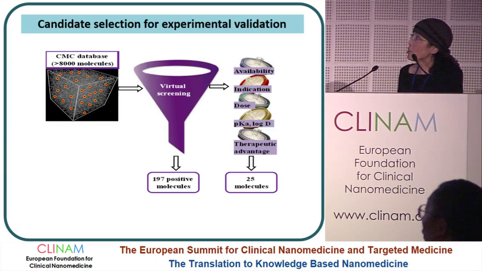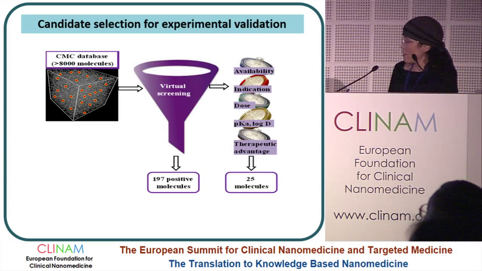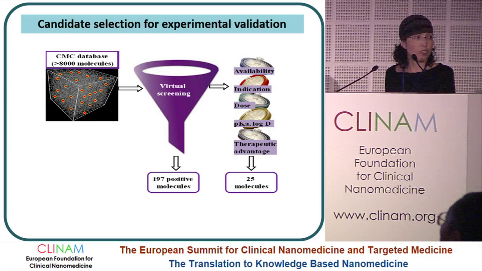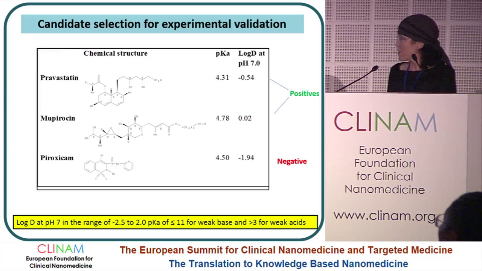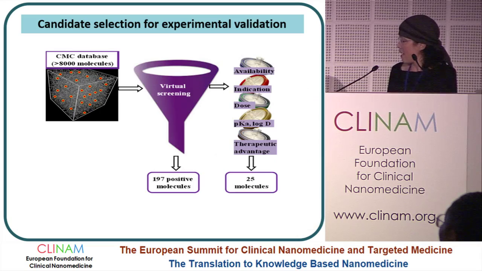And then we had to select candidates for experimental testing. In the first stage, we were left with 197 positive molecules by the virtual screening. And now, in order to select the candidates, we implemented other considerations which relate to liposomal development,